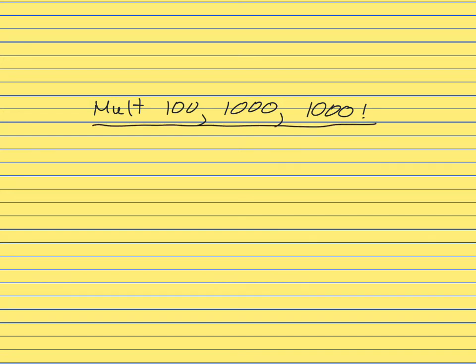Another multiple of 10 that we've seen before is multiplying by, say, 100, or 1,000, or 10,000. Now, if I do that and I use the rule that we just looked at before, i.e. we count the number of zeros and then move the decimal the same number. Okay, so for example, let's say I have